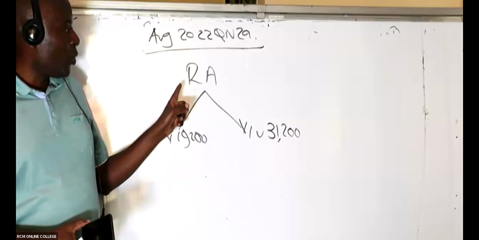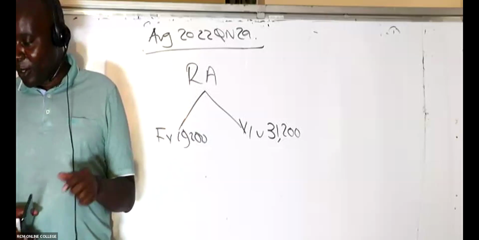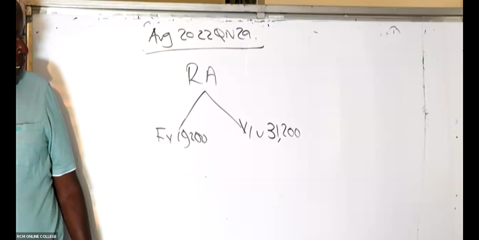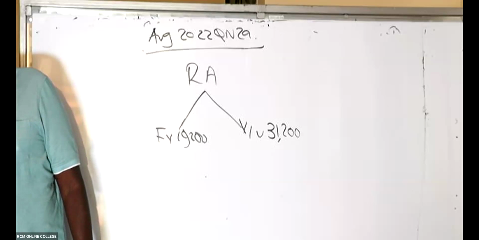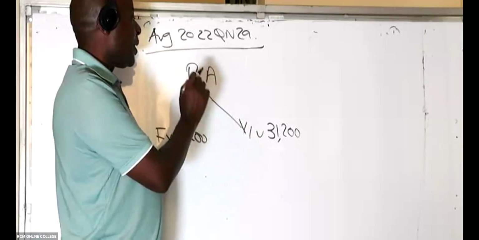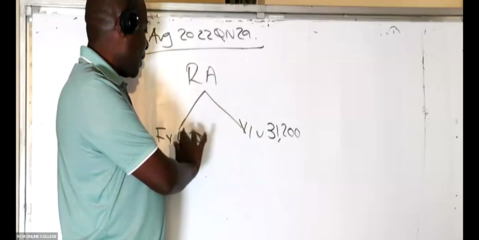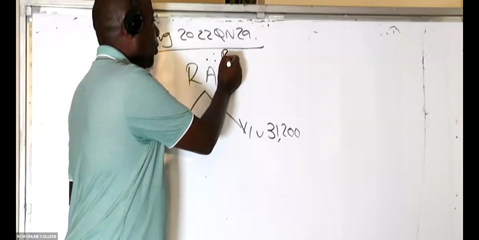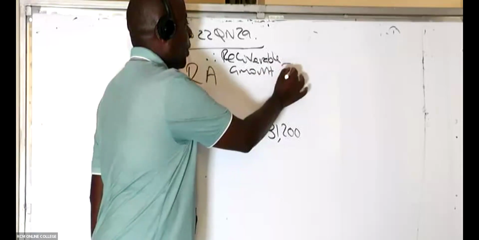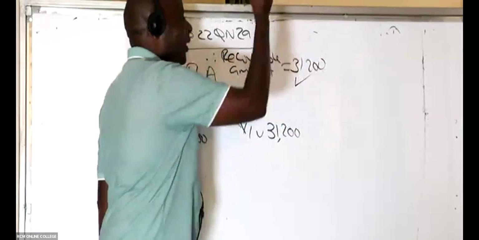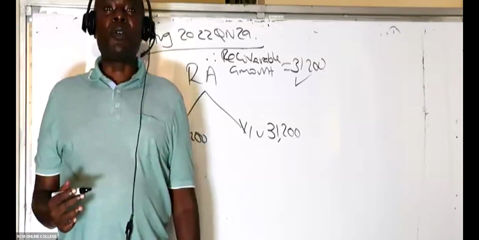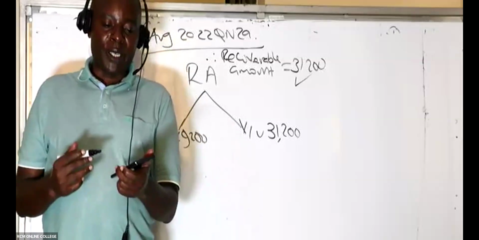So in this question, what do you think is the recoverable amount? The recoverable amount, is it 16? No. Recoverable amount, yeah, the higher, isn't it? So here you mention very fast that recoverable amount is the higher between fair value less cost to sell and value in use. So in this case, therefore, recoverable amount equals the higher, 31,200. By doing that, you have 1 mark. 1 mark in AFR will take you to places that you have never seen before. Abracadabra.